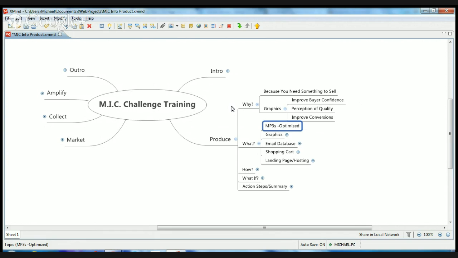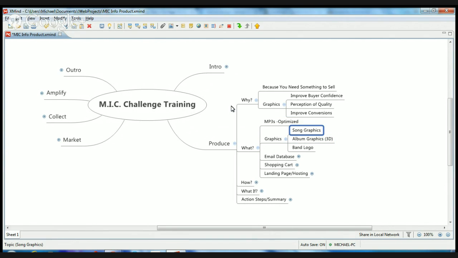So you need the optimized MP3s, like I said, and the graphics. You're going to have graphics for each song. It might even just be the song title and a logo of the band and maybe a different color background, or a variation of the album that song came from. Then album graphics, 3D. You've probably seen these images on the internet where it looks like a CD jewel case that's half open and there's a disc sticking out and it's got the band's logo on it. That type of stuff looks really professional, and it makes people feel better